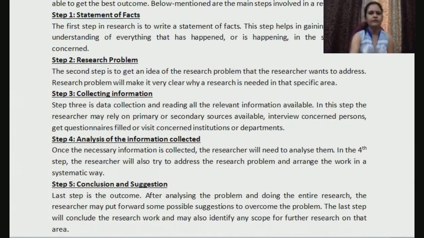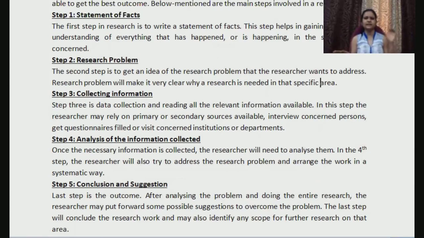First of all, you would take a broad understanding of the topic. Take, for example, if you are studying legal methods, how you would study that, that's also research only. First of all, you would take the syllabus, right? It is what? Statement of fact. You would take the syllabus of the entire BA LLB course. Then you would study that, okay, fine, for first semester, I need to study these five different subjects, right?